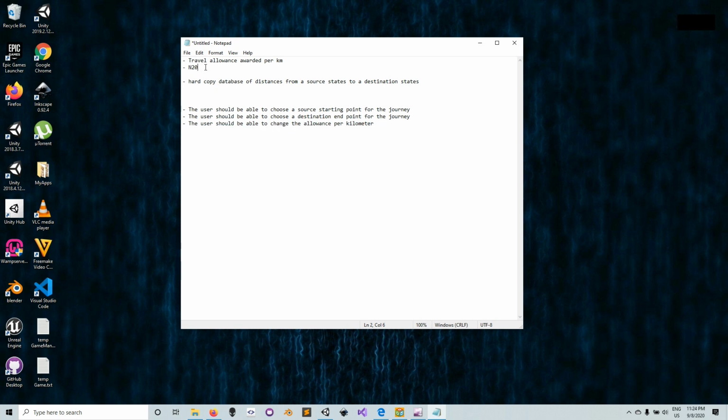Initially I said we're going to use 20, but that's 20 naira, the Nigerian currency. Now I think it might be better if we just allow the user to select the allowance per kilometer. I think that would make the program much more useful. So I think that's it. These are the major features for the program. And then finally, if the user does that with the click of a button,